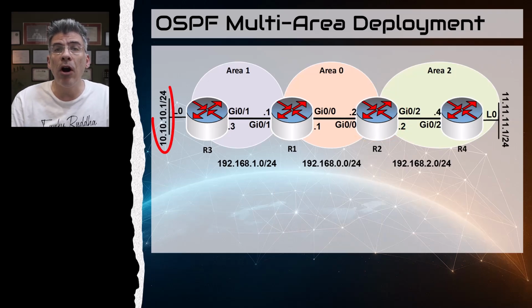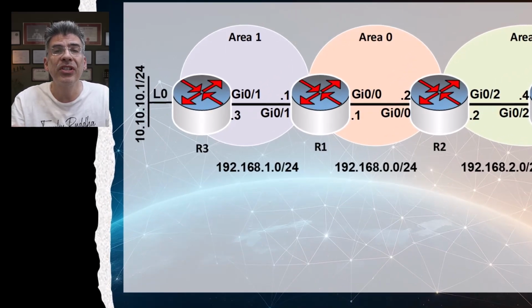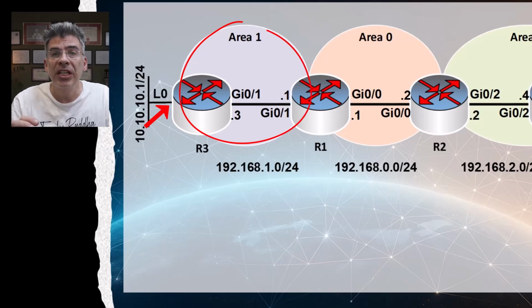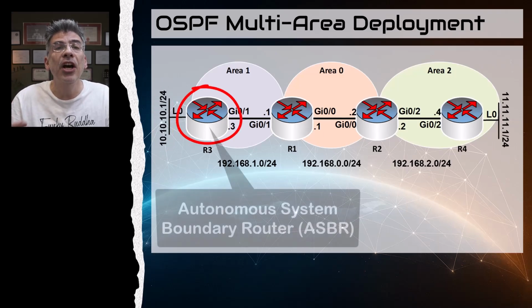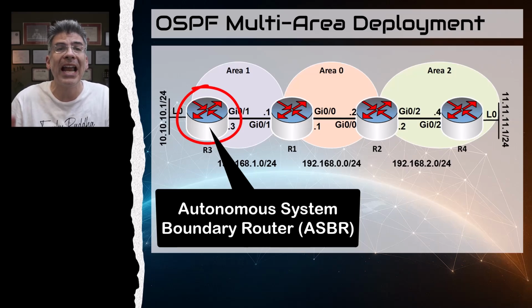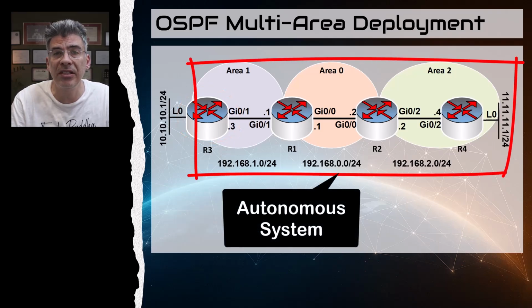Now, loopback 0 of R3 is outside of area 1. Notice that I've drawn this interface outside of this ellipse, which defines area 1. Practically speaking, this means I'm not directly advertising this subnet via OSPF. It'll be injected into OSPF, as we will see. This means that this route here is considered an external route. This fact makes R3 an autonomous system boundary router, or an ASBR. The whole OSPF topology is considered a single autonomous system, so any routes learned from outside of this area are